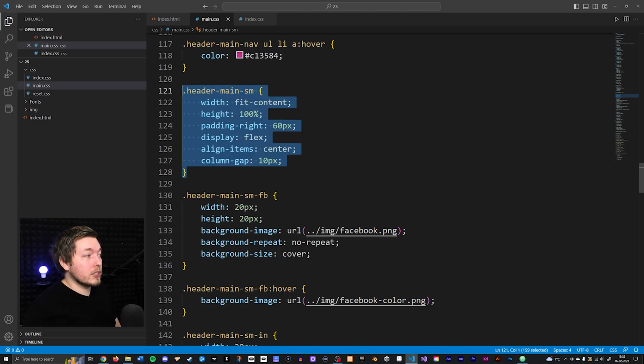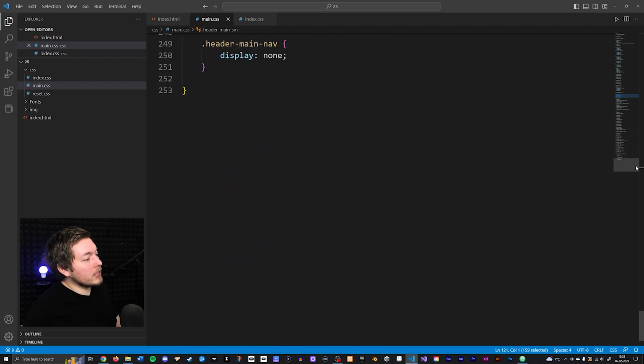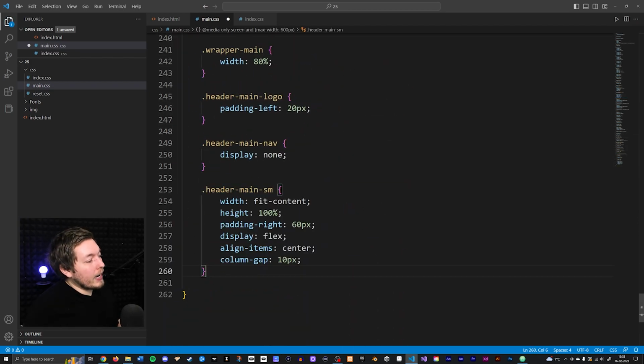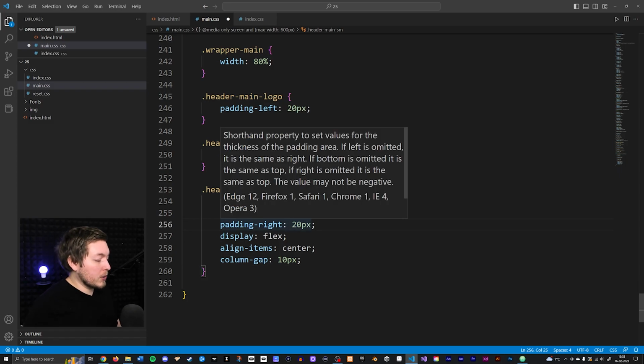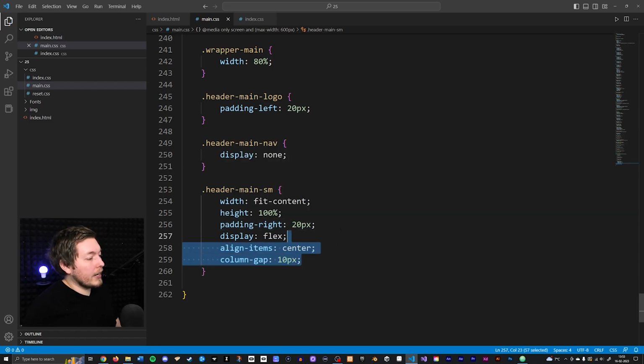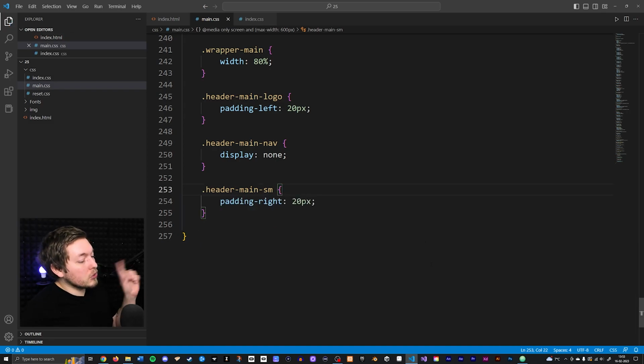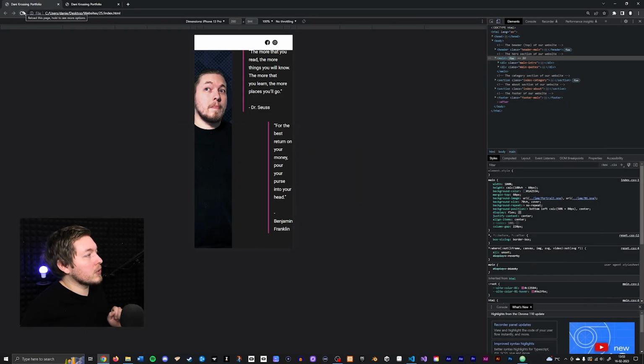I'm going to copy this because you can see we have that padding right set to 60 pixels. And I'm going to paste it inside my media query down here. So you're just going to paste it down. And I want to make sure it's only 20 pixels from the right. And I can actually go ahead and just delete everything else in here because everything else is perfectly fine. So doing that, going inside our browser, refreshing, you can now see that we only have them 20 pixels from